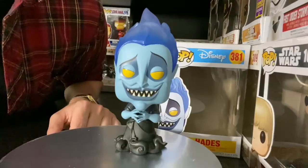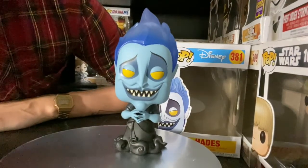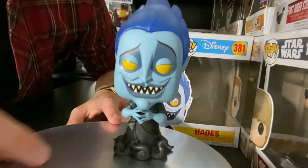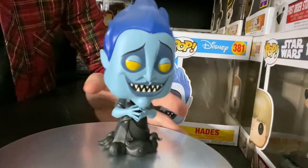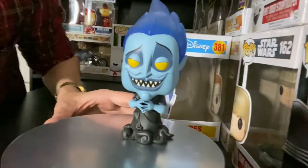Now I've got to say this is definitely one of the best Funko Pops I've purchased. You can see he looks like a real Disney villain. So Hades wears a type of black gown. You can see the smoke at the bottom when it almost glides around the underworld. The teeth, I feel like the teeth are great detail. They're really pointy. They've got a lot of detail in them. The hair stands out brilliantly. Another great feature I love about the product is Hades modelling hands like this, and it is another great pop